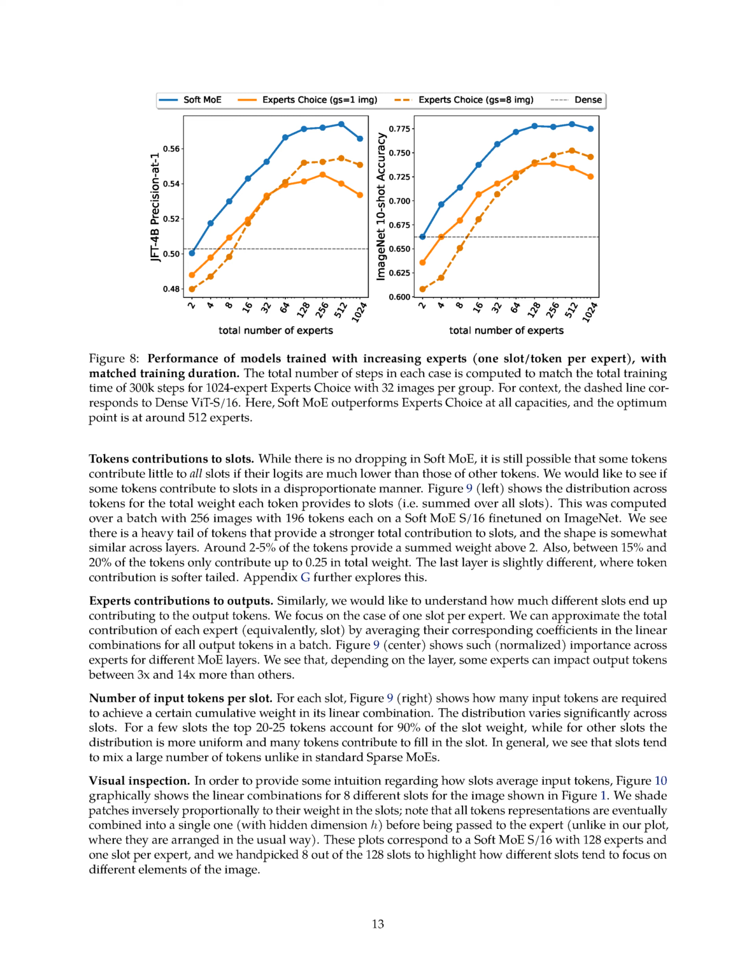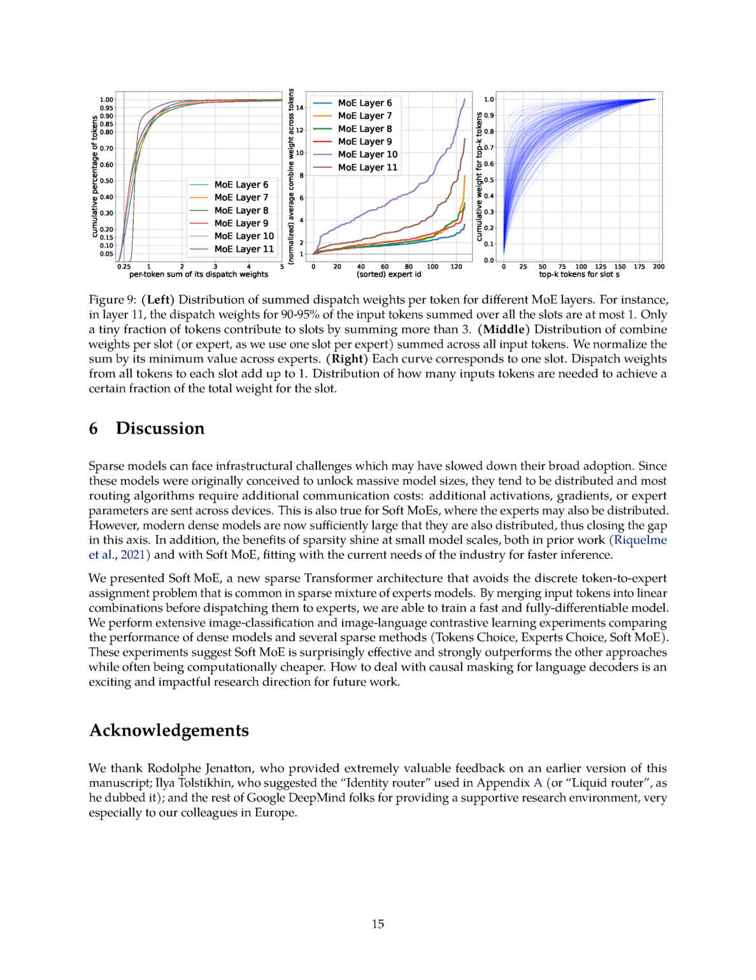However, with the advent of modern dense models that are also distributed due to their large size, this difference is becoming less significant. Moreover, the advantages of sparsity become more apparent with smaller model scales. This is true both in previous studies and with our SoftMoE, aligning with the industry's current demand for quicker inference. We introduced SoftMoE, a novel sparse transformer architecture that sidesteps the issue of assigning tokens to experts discretely, a common problem in sparse mixture of experts models.